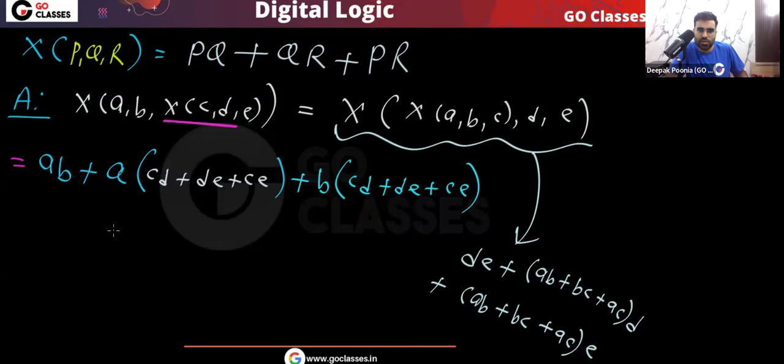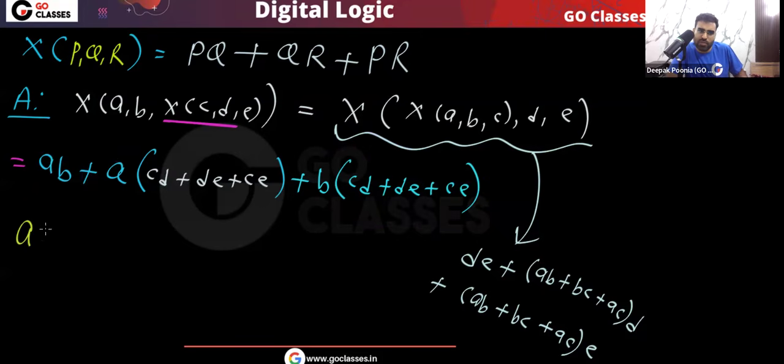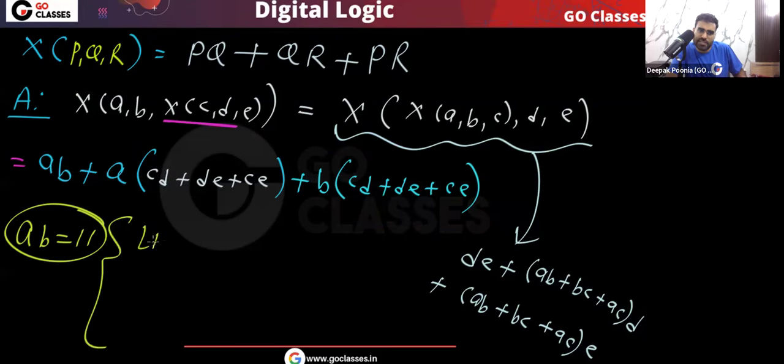Correct? So here I can find a counterexample. On the LHS I have AB or something something something. So if I put AB equal to 1 1, just notice, what will be the LHS? The LHS will be 1, because 1 or anything is 1. So if I put AB equal to 1 1, the LHS will be 1. What about the RHS? If I put AB equal to 1 1, then the RHS will be DE or